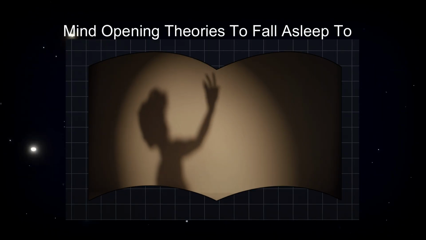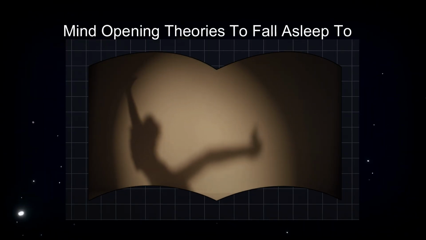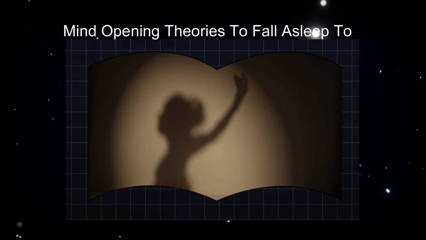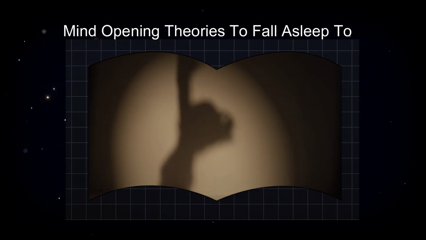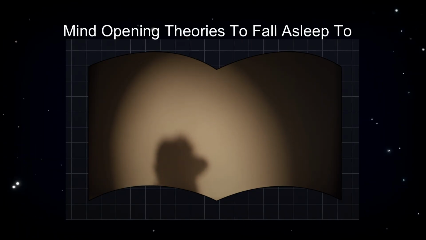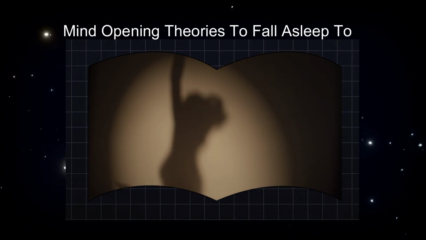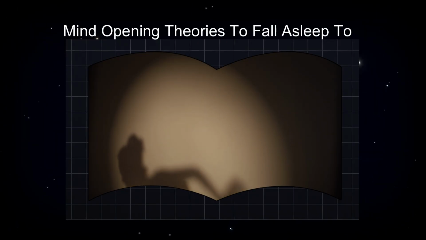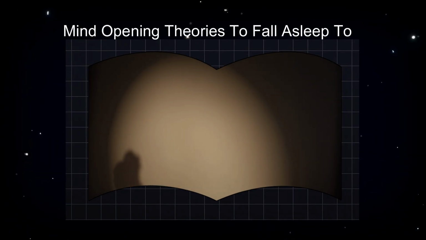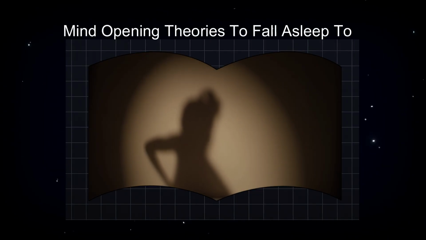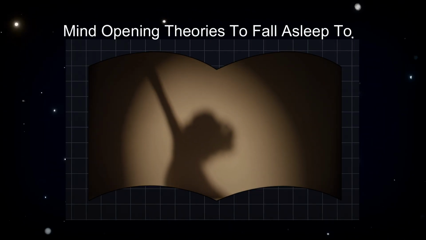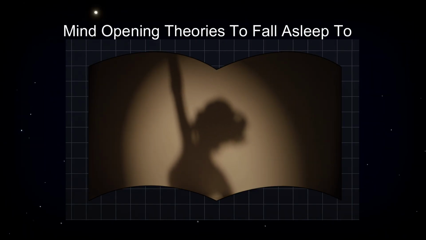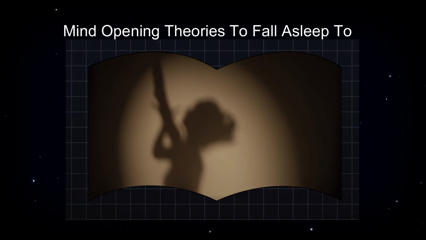However, morphic resonance remains highly controversial within the scientific community. Critics argue that there is no rigorous empirical evidence to support the existence of morphic fields or the process of morphic resonance itself. They contend that the phenomena Sheldrake describes can be explained by more conventional means, such as social learning, genetic inheritance, or environmental factors. Many scientists see morphic resonance as a speculative hypothesis that lacks the predictive power and falsifiability required of a scientific theory.